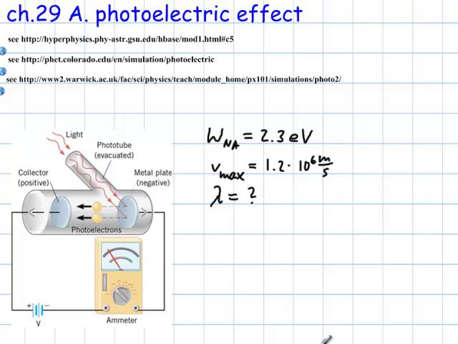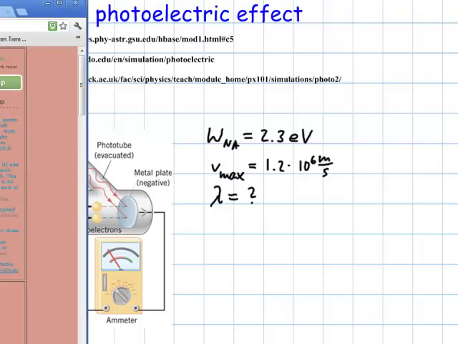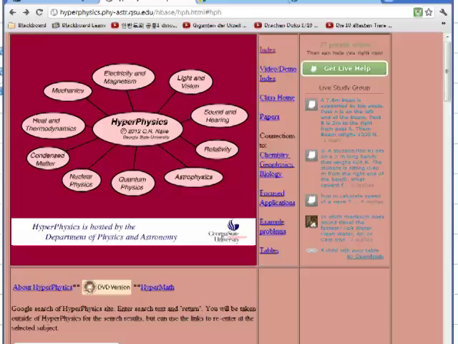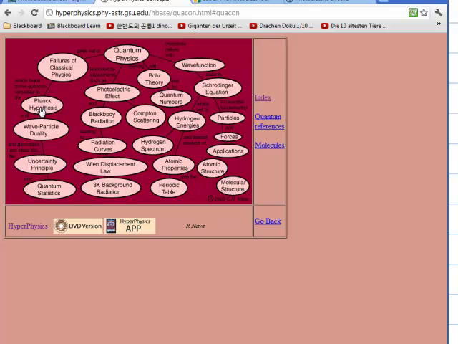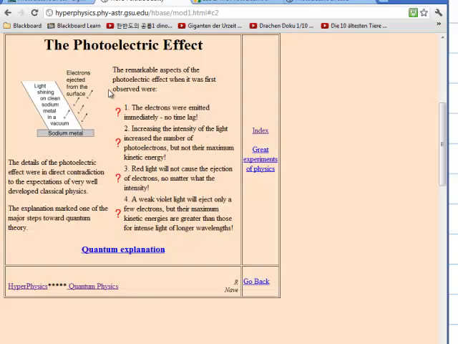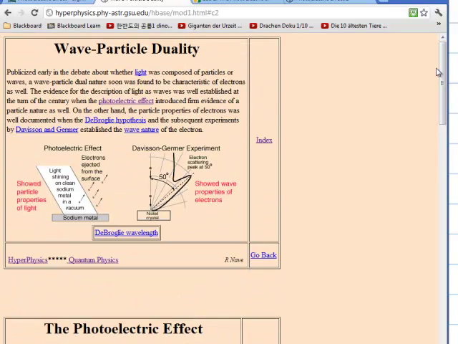Okay, before we even get into the photoelectric effect, I want to point something out on the wave-particle duality. I'm going to open this link here on hyperphysics. I just go to the front page of hyperphysics, and I'm going to go to quantum physics. And then here's the photoelectric effect. That's what I'm going to click on, which is on the same page as the wave-particle duality, where it talks